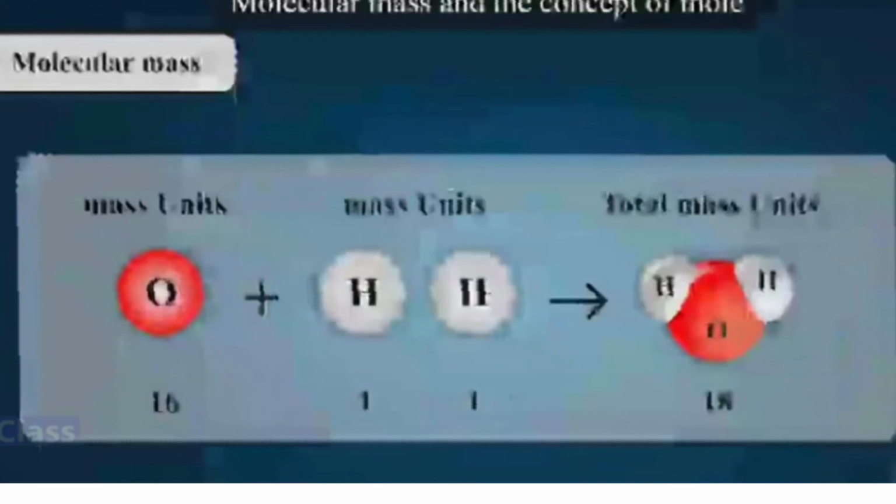One atom of hydrogen has mass 1, another hydrogen also has mass 1. Oxygen has mass 16 because there are 8 protons and 8 neutrons, so total 16. When they combine, what will be their total molecular mass? It will be